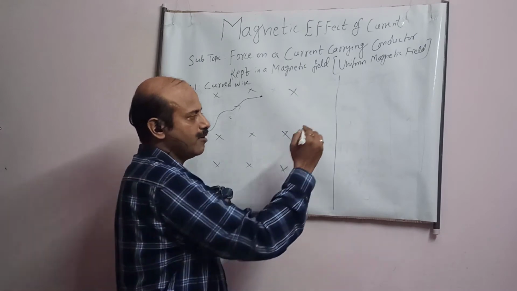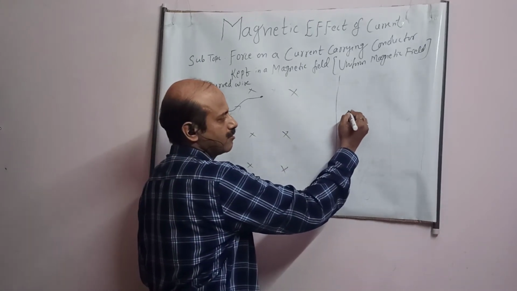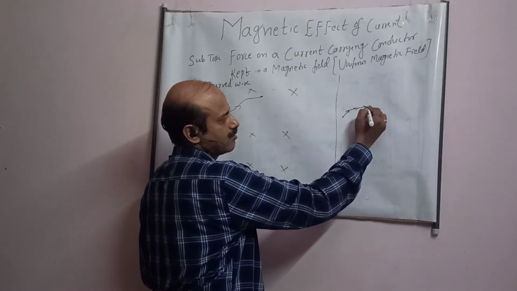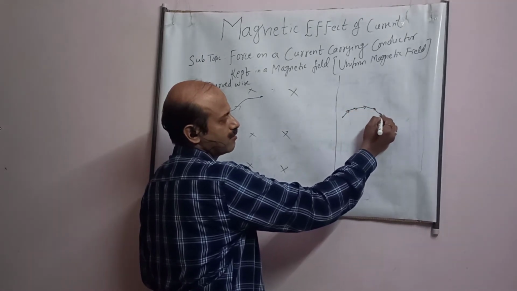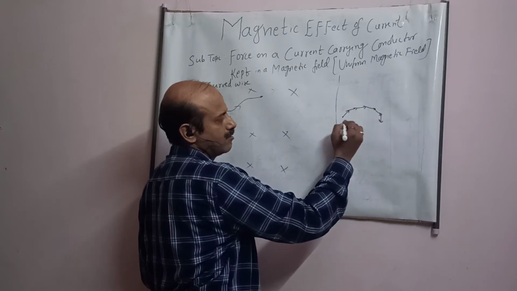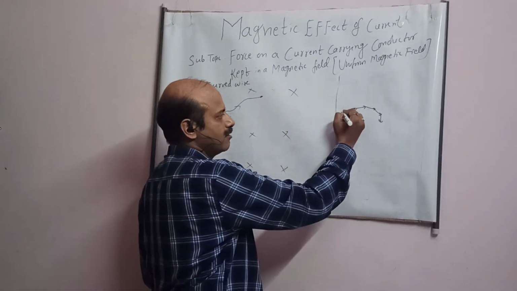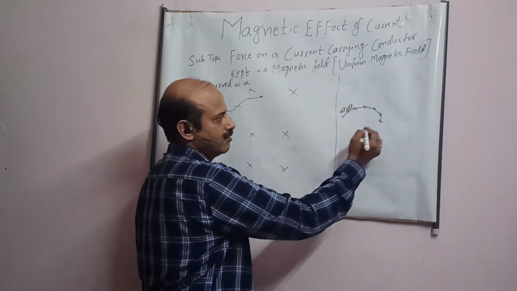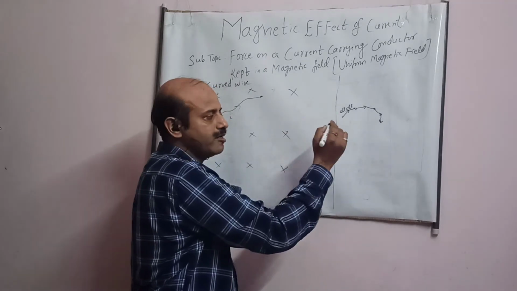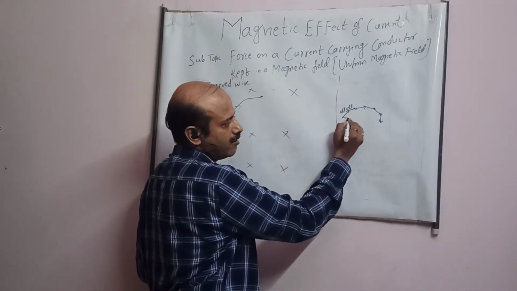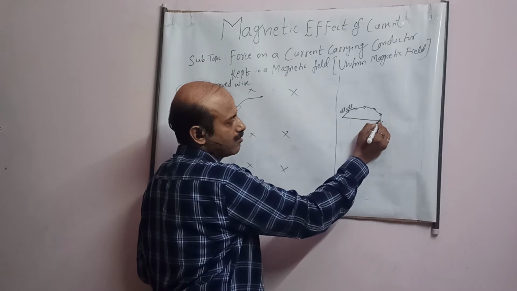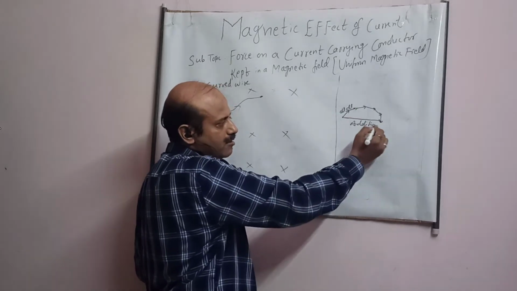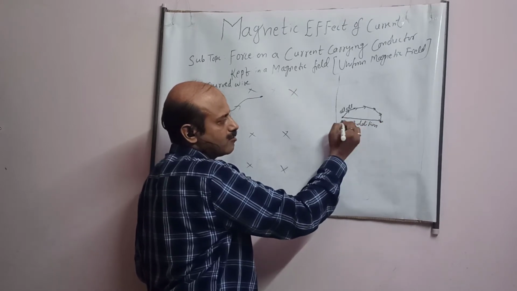Suppose we have large number of vectors like this. All small vectors. Large number of vectors we are adding. Each of length dl, okay, student? Then, student, what is the addition of this? Addition will be the line joining these 2 points. This is the addition of all these vectors.